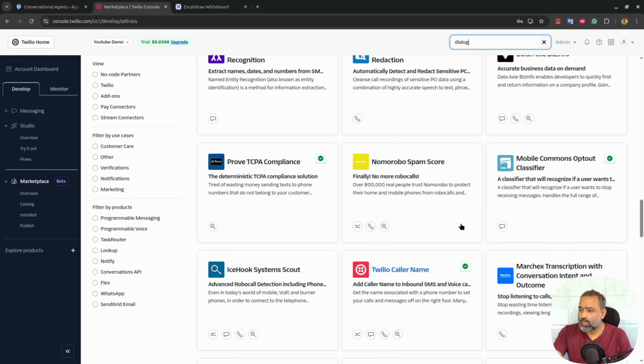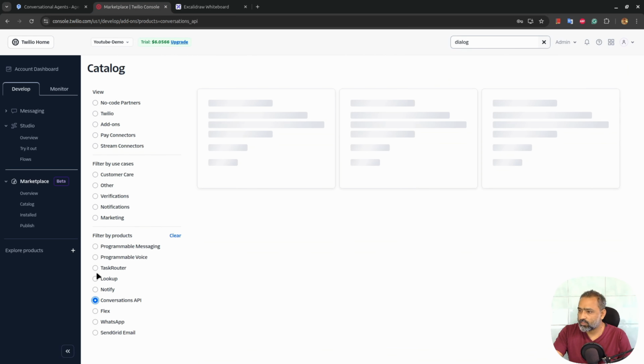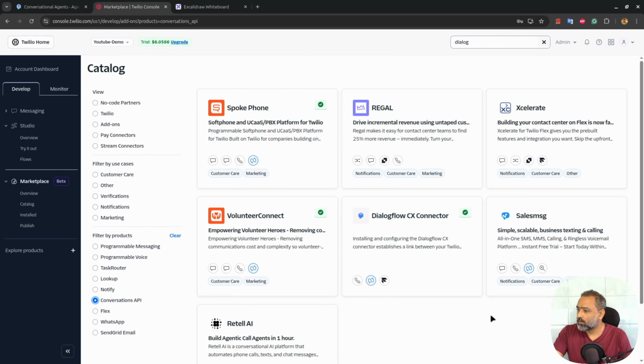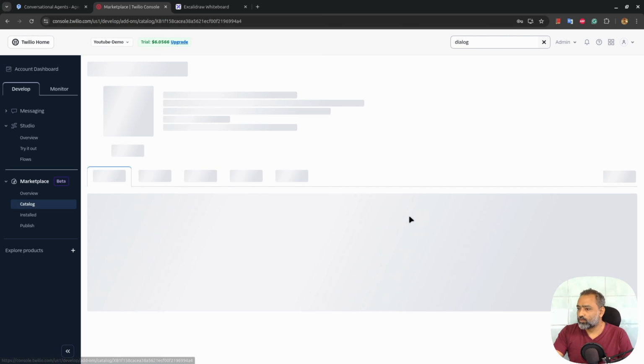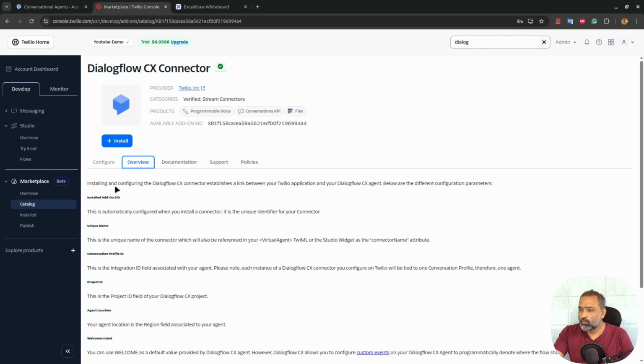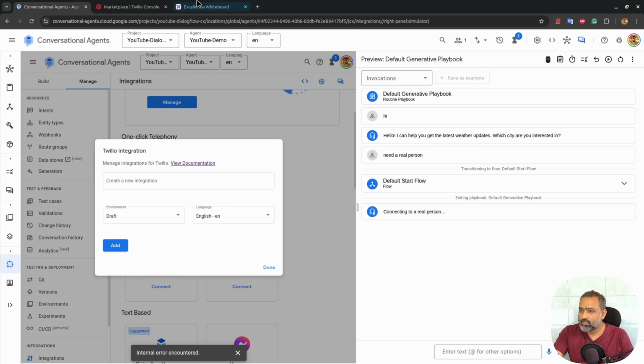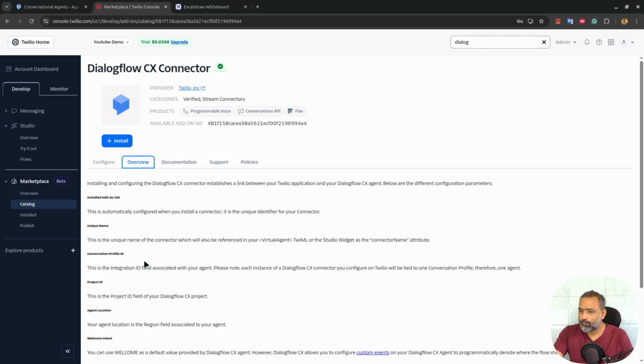This will basically create a new connection between, I guess this conversation API should be there. Yeah, this is the one. I was looking for this Dialogflow CX connector. So when you install the Dialogflow CX connector, it automatically installs, and it creates a new